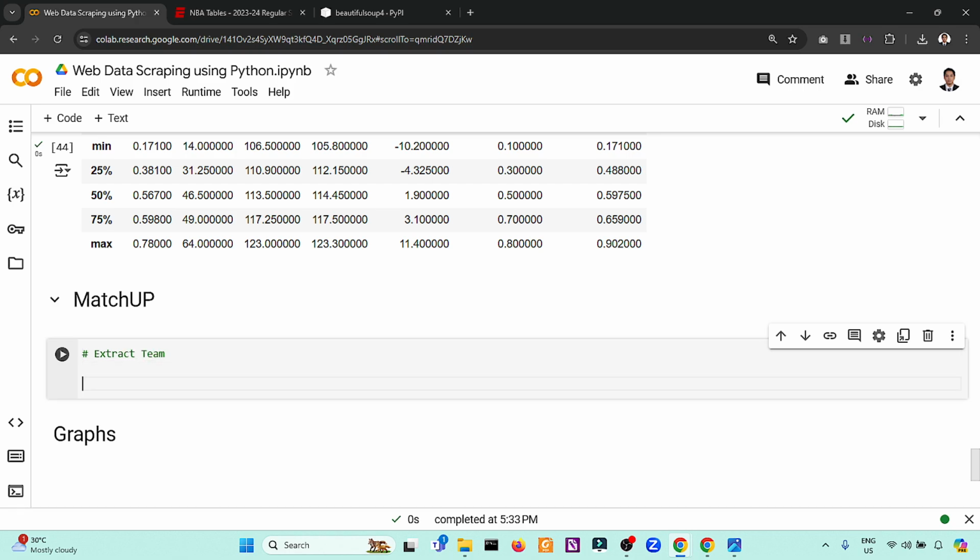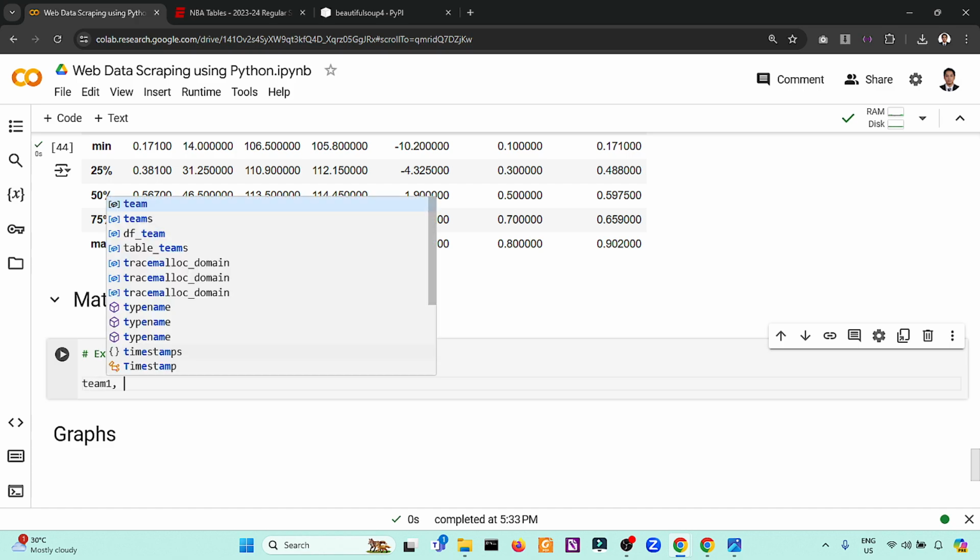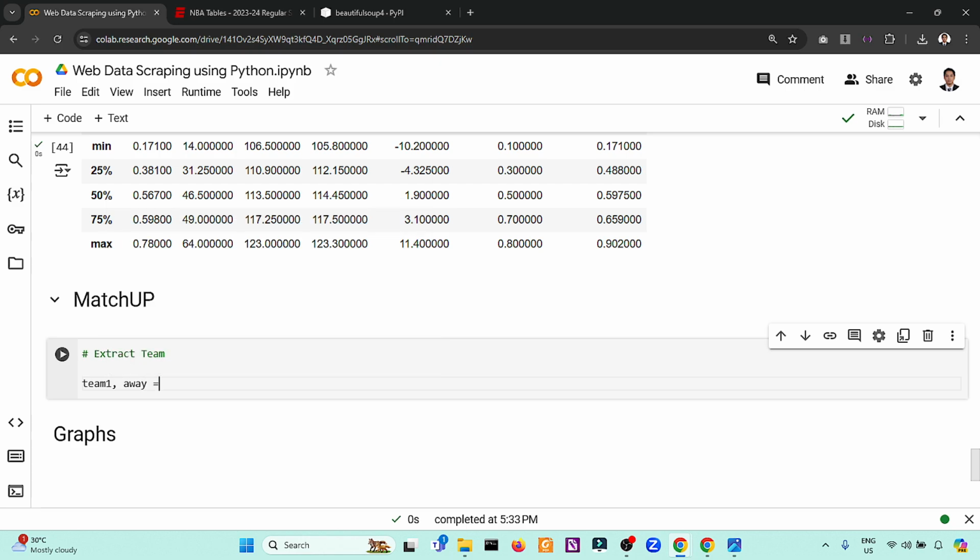But disclaimer, I'm not teaching gambling. For the matchup, every matchup has an away and a home team. So for example, we will use the Wizards as an away team. For example, team 2 is the home team, which is the Celtics.